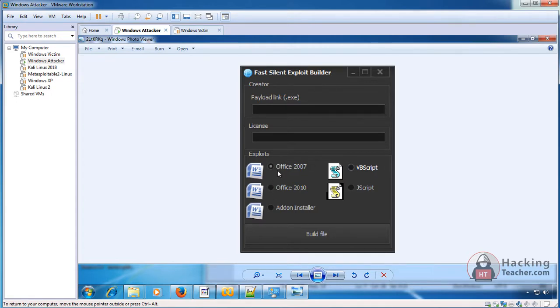If you see, only 2007 and 2010 are there. No 2016. If someone is giving you even 2016 for 100, 200, 500, it could be fake, because the original silent exploit, which no one is aware of, and which will really run on 2016, would obviously cost thousands of dollars.